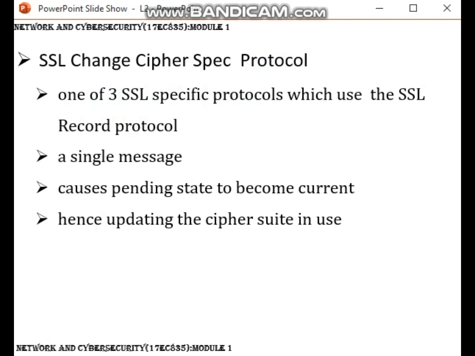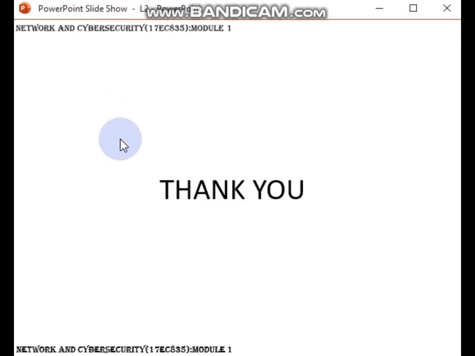This protocol consists of a single message which consists of a single byte with the value 1. The sole purpose of this message is to cause the pending state to be copied into the current state, which updates the cipher suite to be used on this connection. Here ends this lecture session. Thank you.